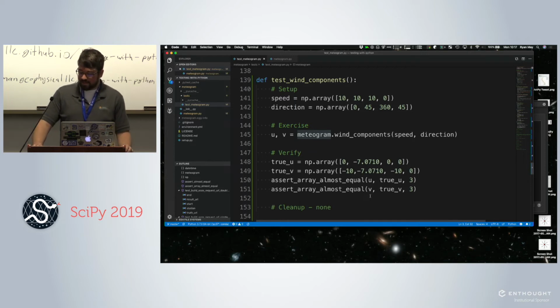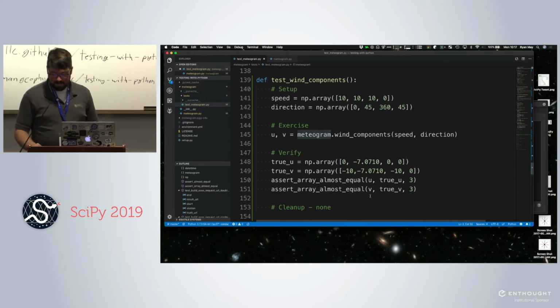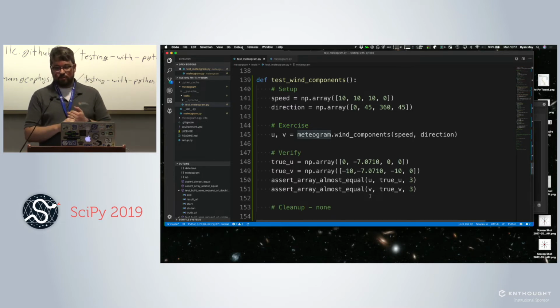So while you're catching up on that, just a few quick words on testing philosophy. There's a page that says testing philosophy, and there's a lot of things there and links that you can go and read when you're having trouble sleeping. But I wanted to go over a few of the ideas from that page. One thing is, I mentioned that tests are a form of documentation, and they also are a form of specification, especially if you're writing your test first. If you say, I can't write the test before I write my functions because I don't know what my functions are going to do yet, you should seriously question why you're writing that function in the first place. If you don't know what it's going to do, you shouldn't be writing code.